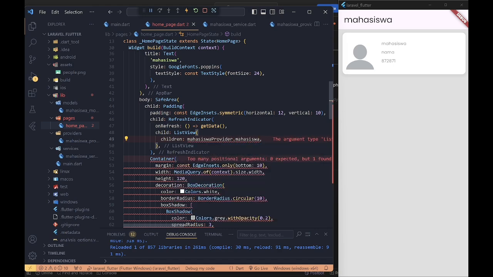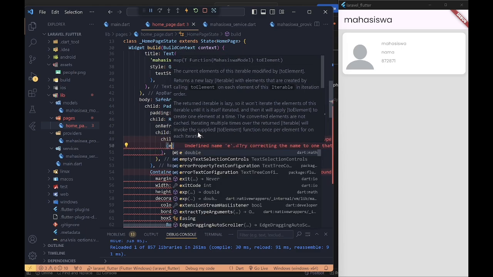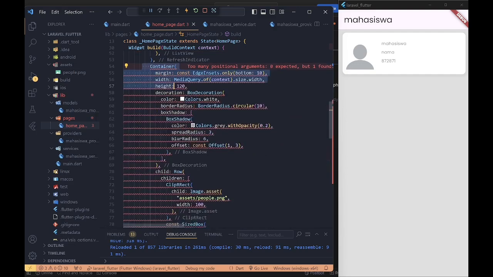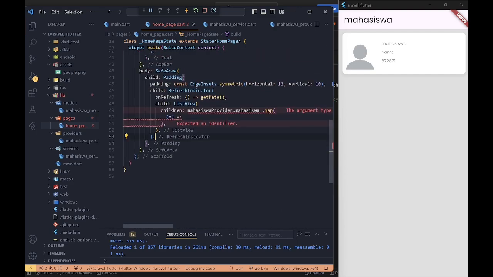I use mahasiswaProvider.mahasiswa and map.